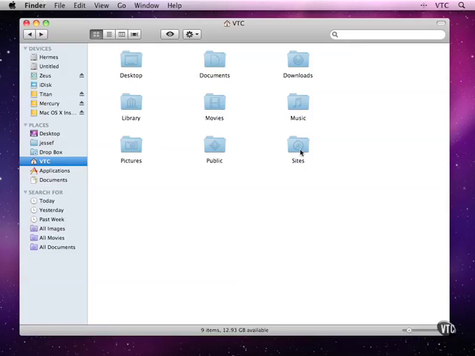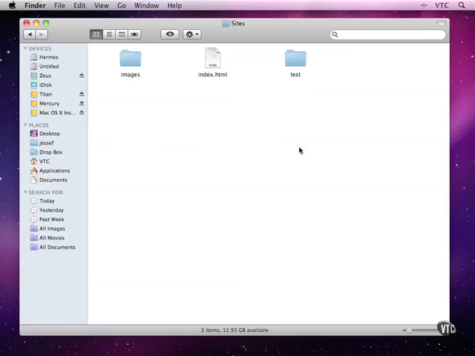I'm going to look in my sites folder here, and as you can see, I'm running on a Mac, but I need not be running on a Mac for this. I'm looking at the folder where I can create my own personal website, and I have a folder here called Test that contains an iPhone web app that I built using Dashcode. And if I come into this folder, what you'll see is that I've got some subfolders here, and I have